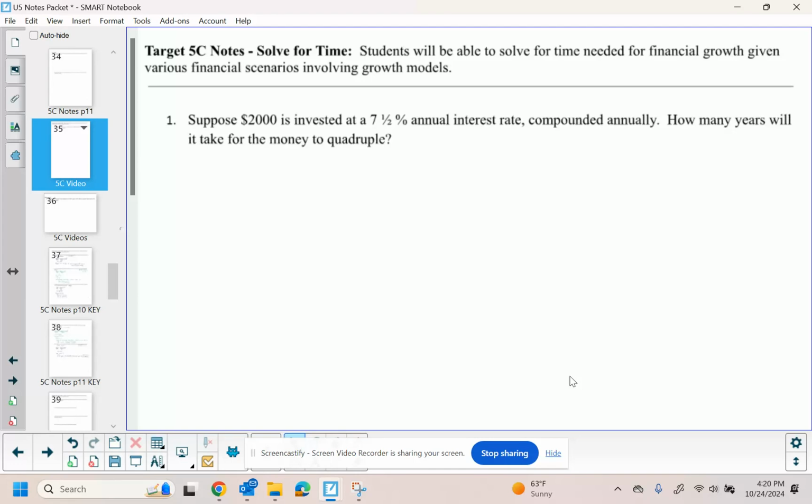Okay, for 5C, we're solving for time, and I'm just going to do a couple of the examples from the notes together. So when you're solving for time, you're solving for something up in the exponent, and so we're going to have to use logs at the end, but otherwise very similar to what we've been doing. So we know we have this equation, and we're still using y equals a times b to the x, and so